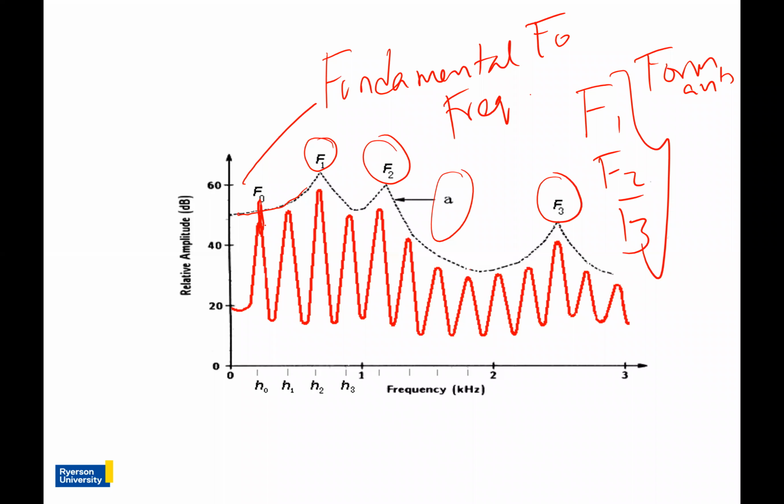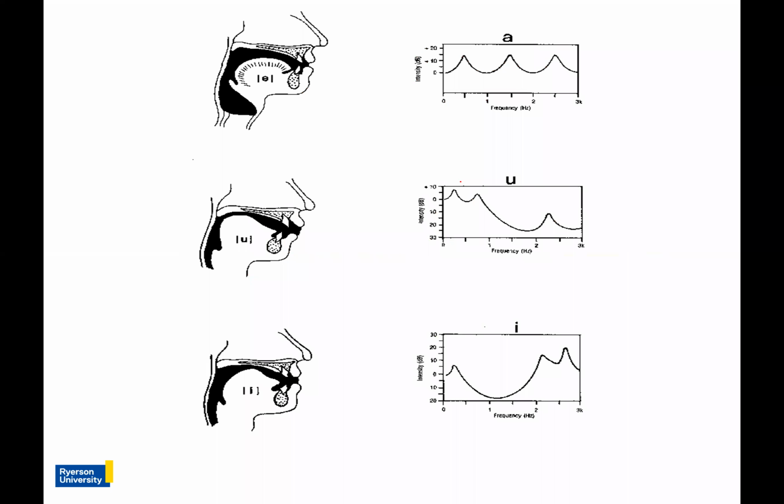Okay. Now, the fundamental frequency F0 does have what's called harmonics. The harmonics are important, but what's more important is the shape of these harmonics, which leads to formants. Now, how do we get the fundamental frequency, harmonics, and the formants is the question. Now, if you look into the next graph,